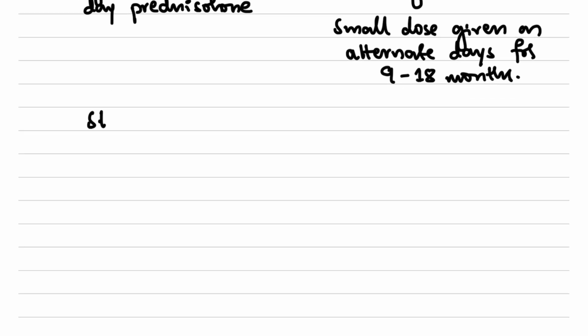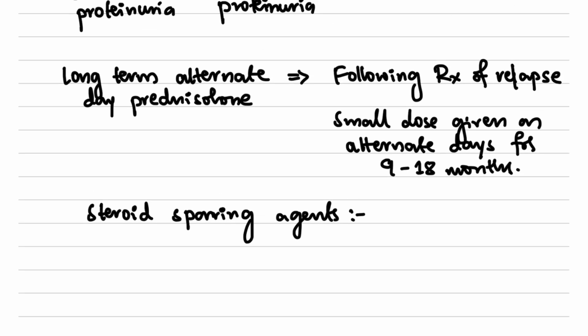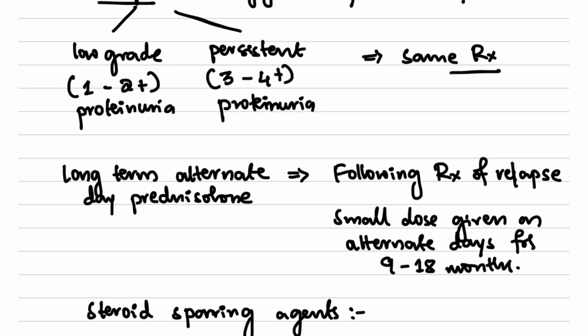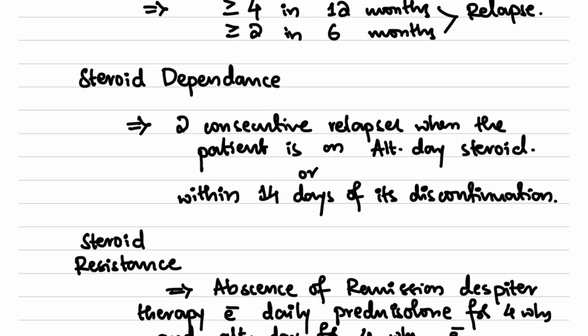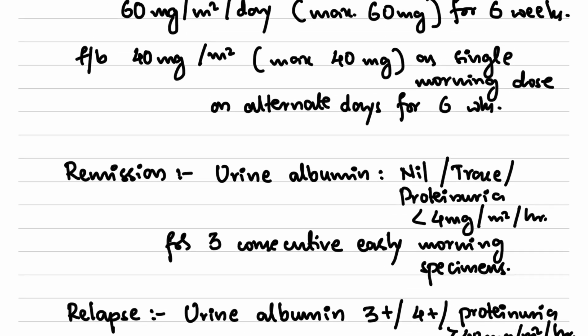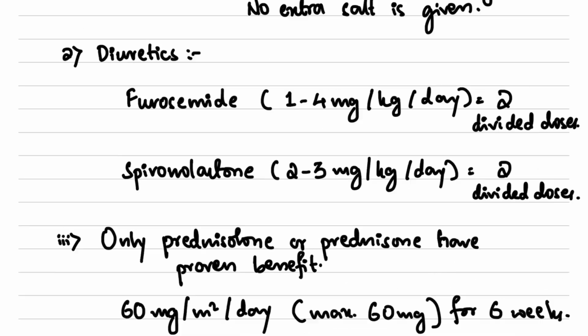So if the patient is not responding, we can put him on steroid sparing agents as well. We'll have a separate discussion on the steroid sparing agents in patients with nephrotic syndrome. So this is the basic thing that you need to know in the management of a first episode of relapse in a patient suffering from